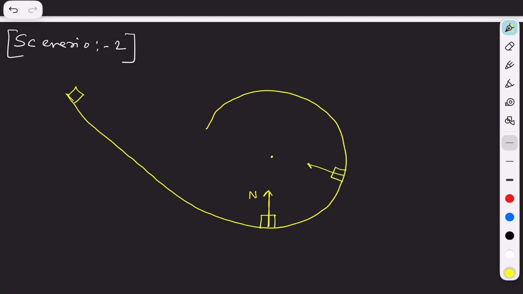So if the velocity is, let's say, less than root 5gl and greater than root 2gl, what will happen? It will reach somewhere here and the velocity remains, and due to this velocity it may perform this kind of a projectile. So what I want to say to you guys is that if